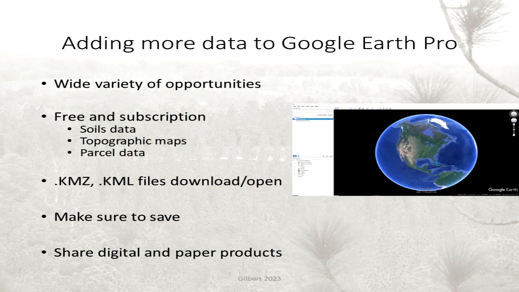So there's a variety of options of what you can do with it, as far as you want to take it. There are free and subscription levels of other data that's out there. I'm going to show in my breakout how you can get soils data, topographic data, and parcel data. More of section, township, and range, not down to the true ownership. I'll show you another option for that. I couldn't find a free version for that, but there are subscription versions where you can pull the true parcel